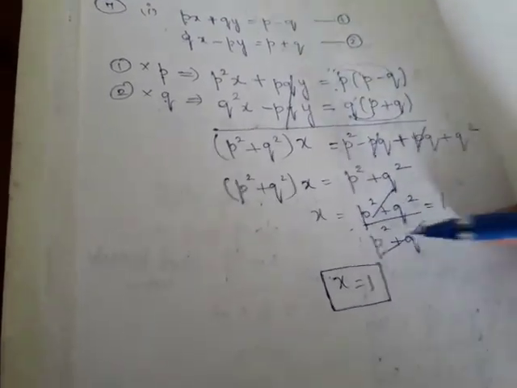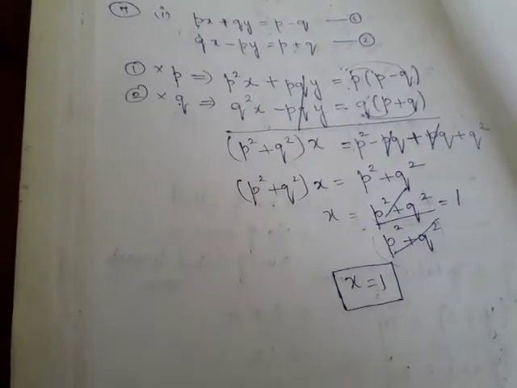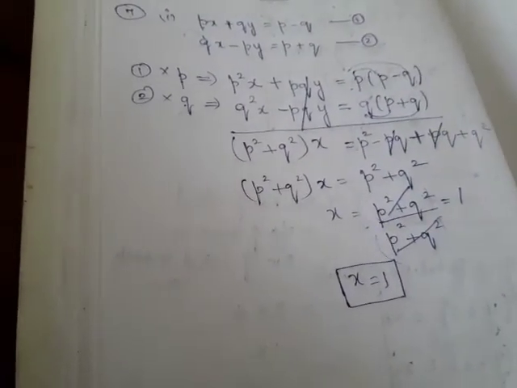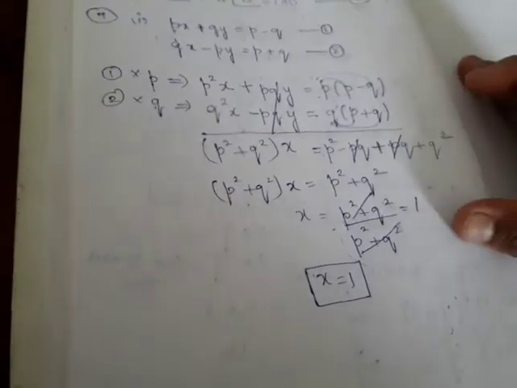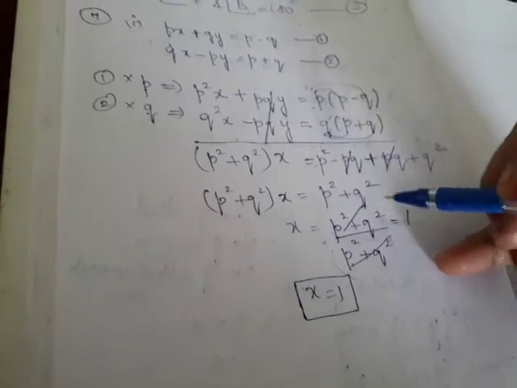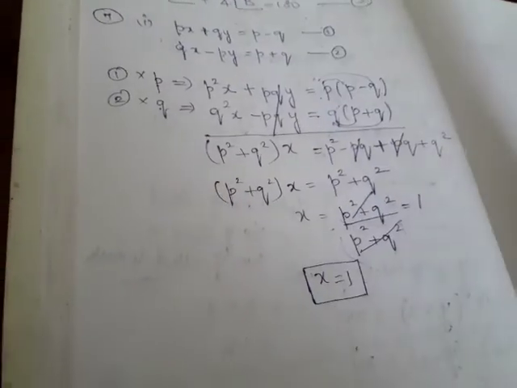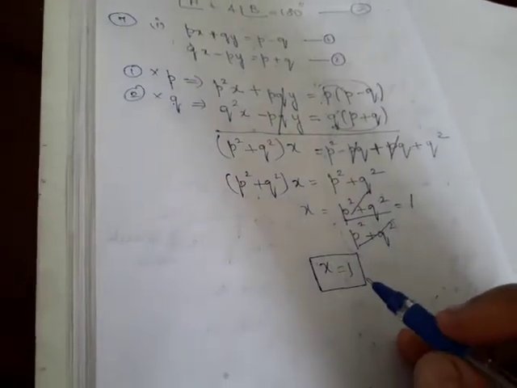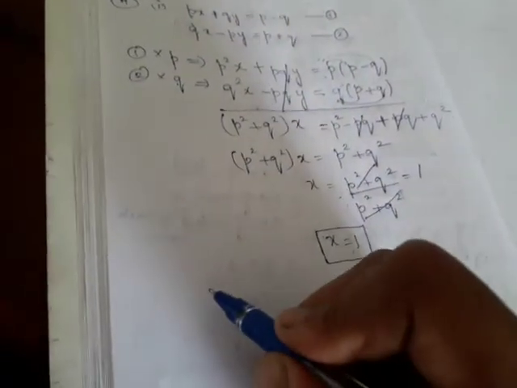So 1 plus 1, 2, 1 plus 1, 2, 2 divided by 2, 1. And kindly don't write these very stupid calculations and arithmetic operations. You should not do like that, right? As an entire term, I am cancelling here. Got it. After getting the value of x, what shall we do? We will substitute in any one of the equations.